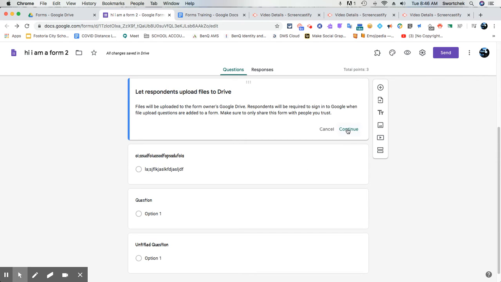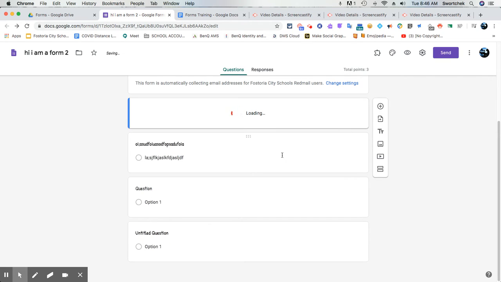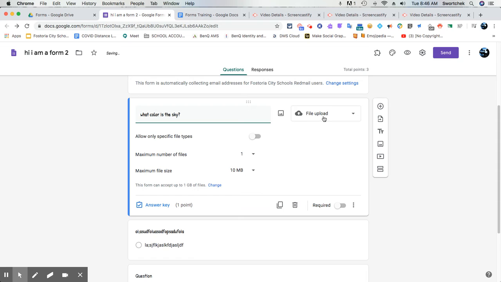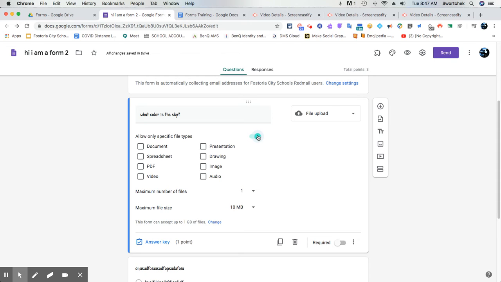File upload. If you're having students take pictures, you can create a file upload button, which means they can upload something with a maximum size that you get to choose. If you only want specific file types, like you only want audio files, or you only want video files, or you only want images, you can do that. The number of files they can send, and then you can change how many that you can go up to,